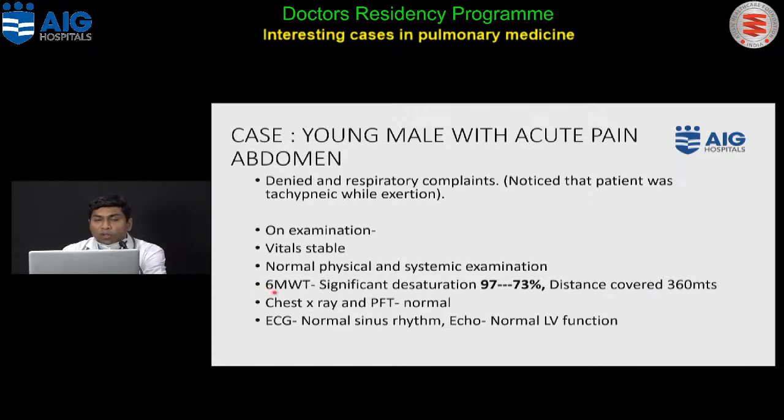The 6-minute walk test is a test in which you make the patient walk for 6 minutes at a comfortable pace. You decide a length of 30 meters, and then the patient is made to walk in this lap of 30 meters. We count the number of laps the patient walks in the 6 minutes at his comfortable pace. We measure the vitals pre and post test, the heart rate, blood pressure and the saturation, and then we compare the pre and post values.